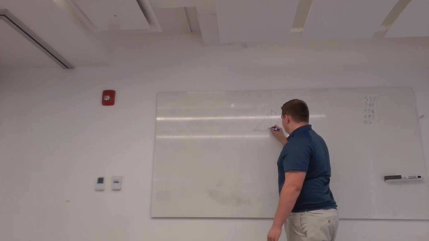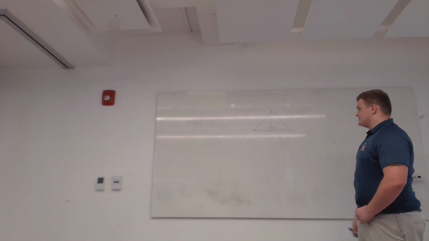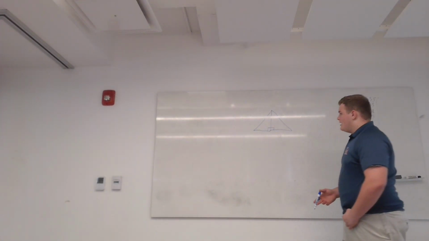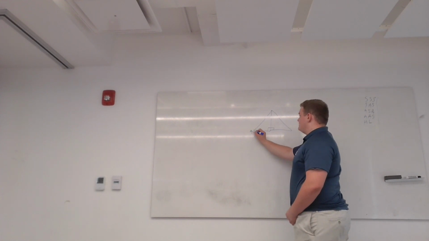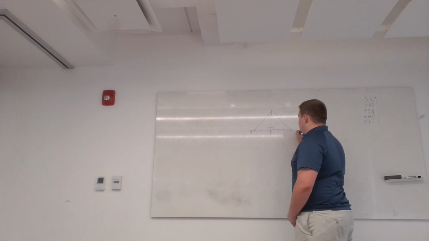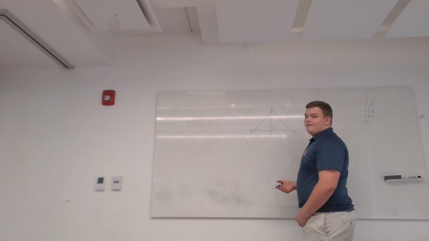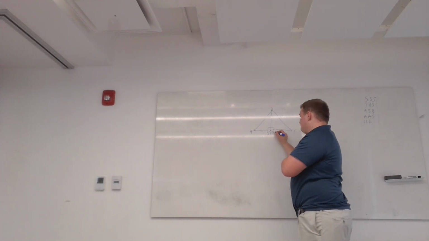So here's the triangle right here. The boxes symbolize a 90-degree angle, a right angle. So then let's label this A, B, C, D. Now right off the bat, we know that B1 and B2